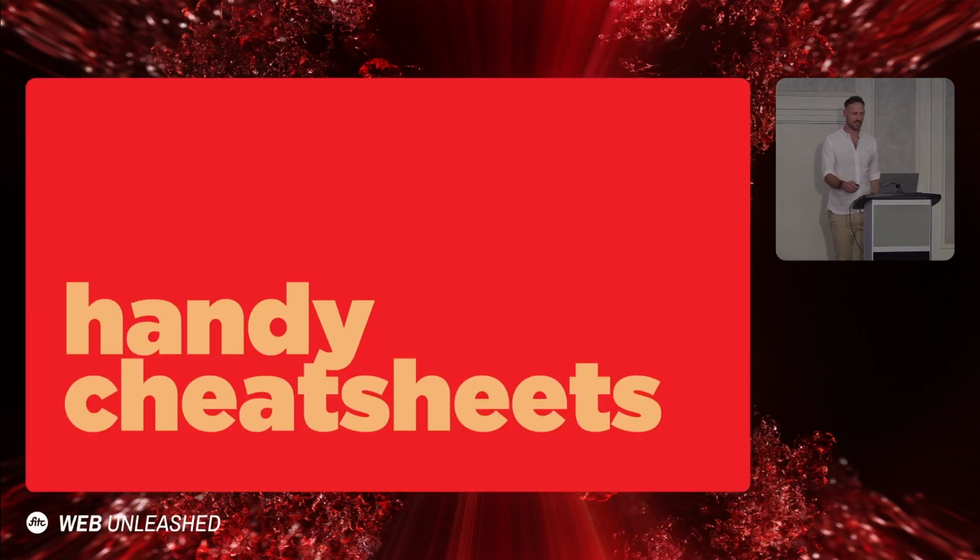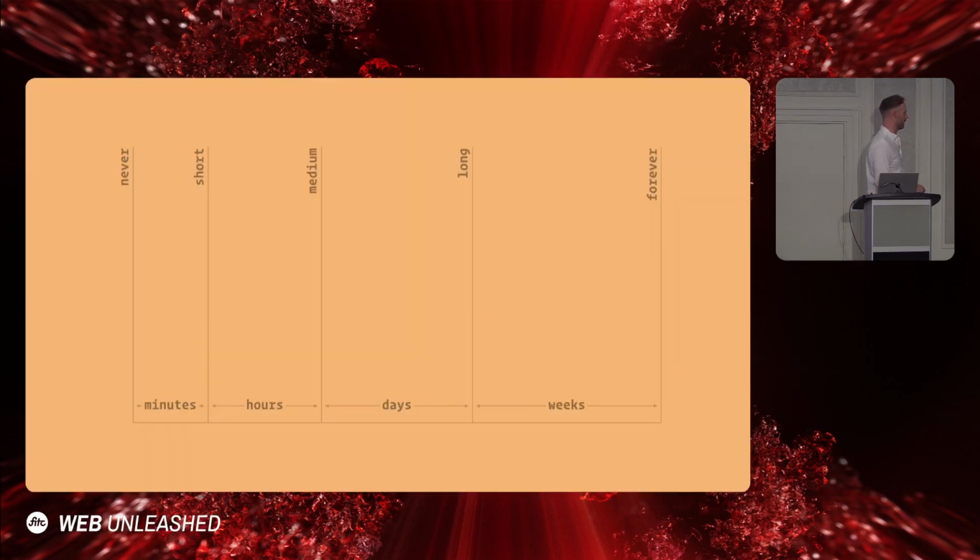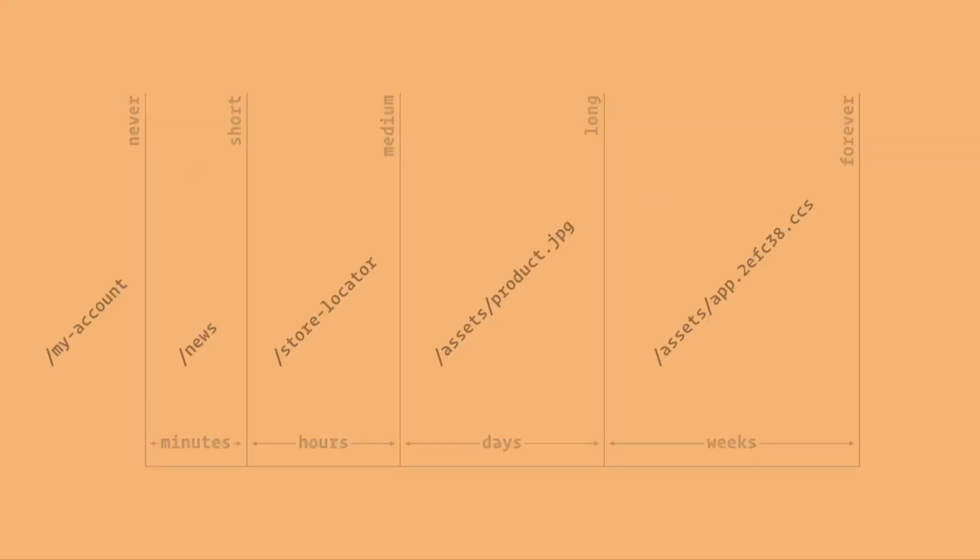The last thing I'm going to leave you with is some little cheat sheets. This one I'm not going to have the time to actually discuss. I'll post a link to the slides. This is just the general finger in the air kind of way of deciding how you would set your max age values. Put file types into buckets. This never needs caching. This updates semi-frequently. This never updates. Whatever you choose, that will be your kind of brackets. And you might cache for periods of hours, seconds, weeks, never. And finally,